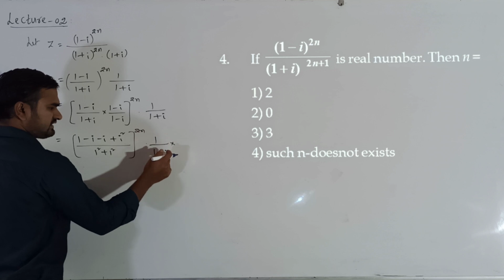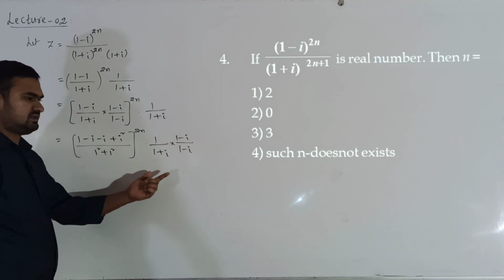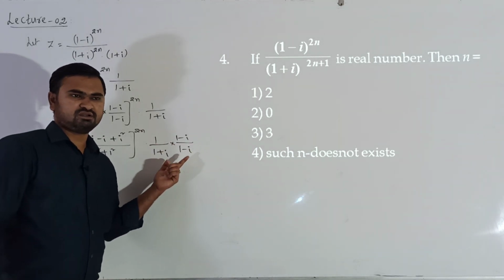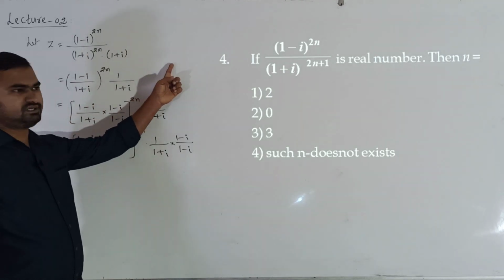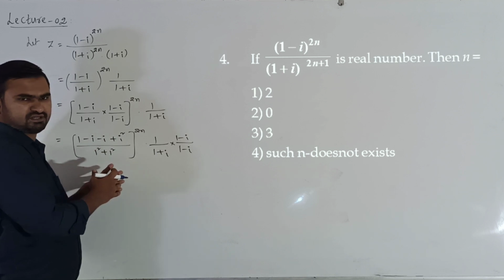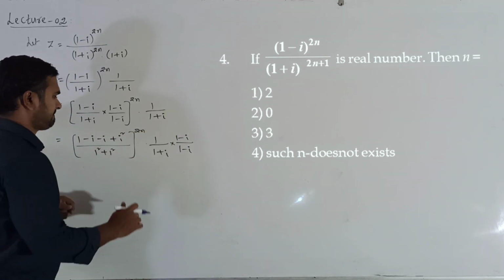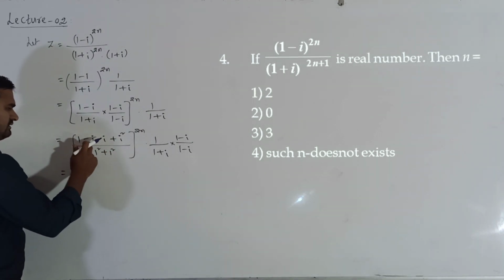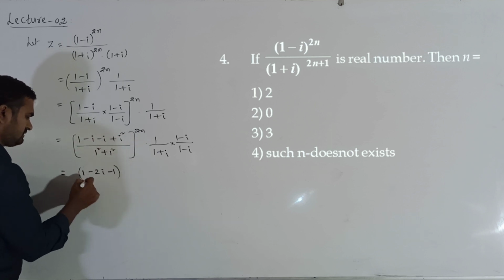Now this also I will rationalize. Take the conjugate of the denominator and multiply and divide. Now why am I doing all this? Because we have to find the n value so that this will be a real number. So first you have to simplify this complex number, then only we can assume for n. Understand? So this is the numerator: 1, this is minus 2i, i square is minus 1, whole to the power of,